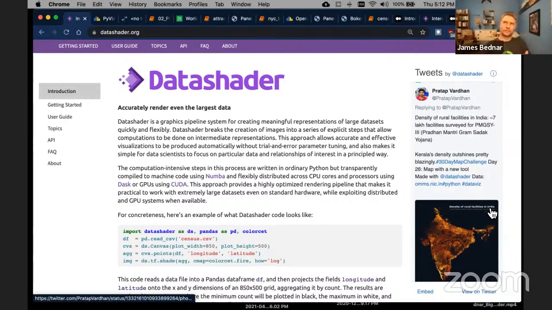The data structures involved, I'll show what it is, but basically it's using Xarray. So the output of Datashader is always an Xarray, which is basically a wraparound NumPy array that's been annotated with what those coordinates are. And then it's using Dask so that we can soak up all compute resources